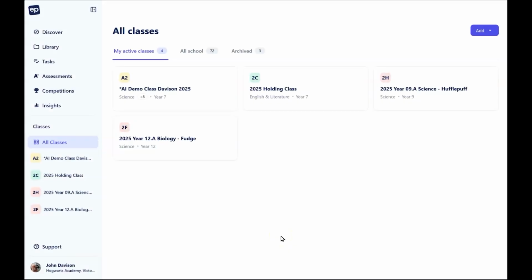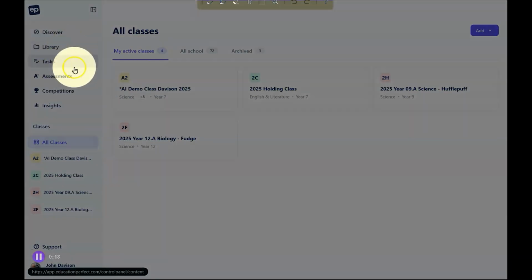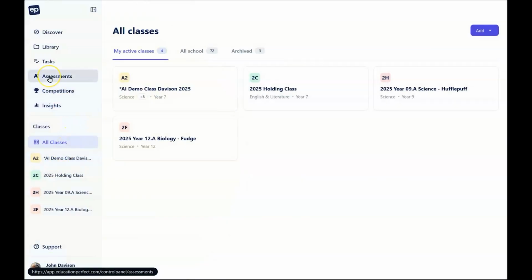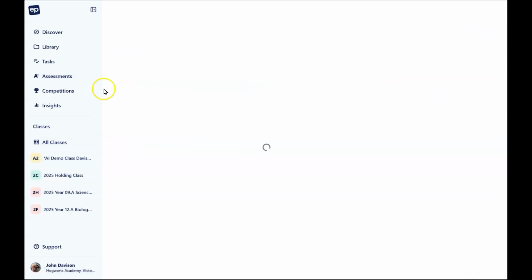We've looked at why quick quizzes are useful and how they can be used, so let's look at the mechanics of setting an automatically marked quick quiz right now. You can set a quick quiz from our library and from the course planner in one of your classes, or you can use the Assessments tab as I'm doing right here. When you click on the Assessments tab and then click the Assign button,